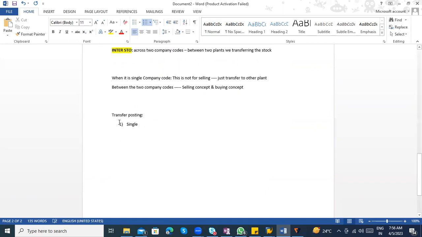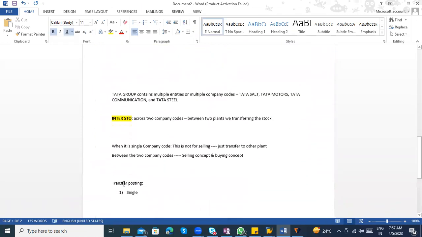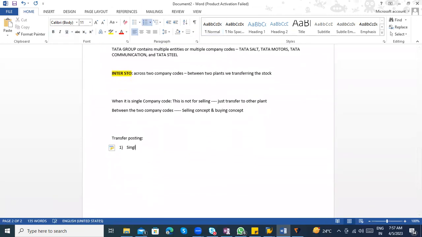That means we can do this process, the intra-STO process, or we can do this process also. Transfer posting between two plants with the single step procedure. Only in a single step process can we transfer the stock. And there is one more, which is transfer posting between two plants